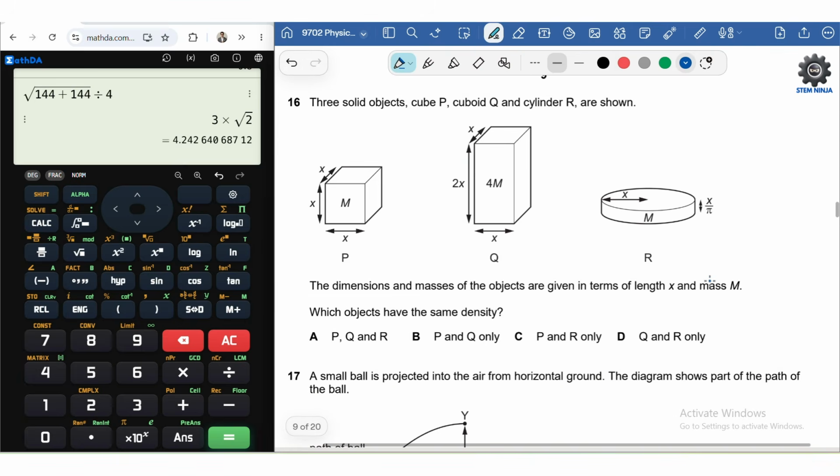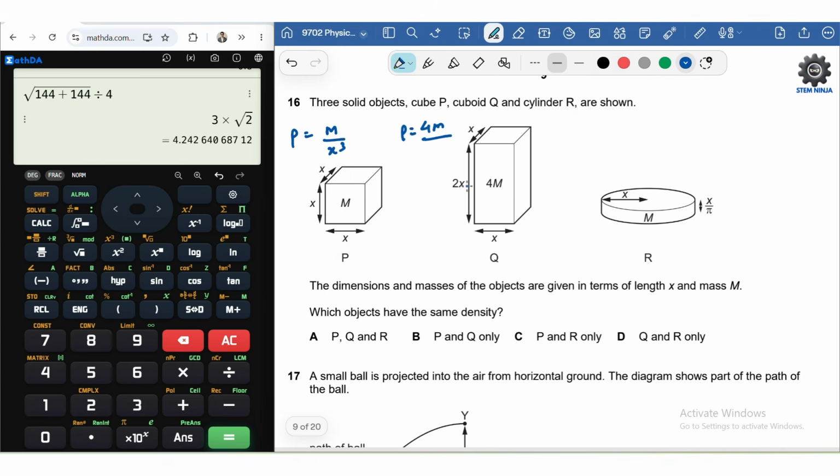Three objects, cube P, cuboid Q, and cylinder R, are shown. The dimensions and the masses of the objects are given in terms of length x and mass m. Which objects have the same density? So density over here is mass over volume, so mass over x cubed. This is